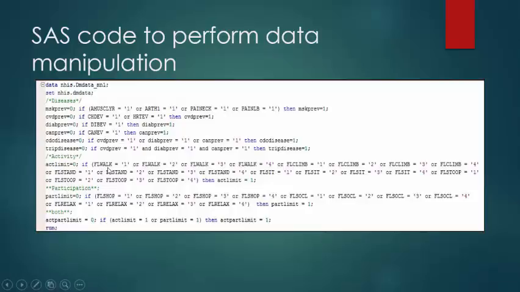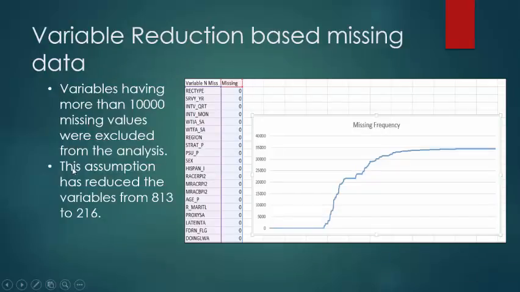Whenever the individual has difficulties in walking, climbing, standing, or sitting, we assign the act limit response as 1. For variable reduction, we excluded the variables having more than 10,000 missing values, and this assumption has reduced the variables from 813 to 216.